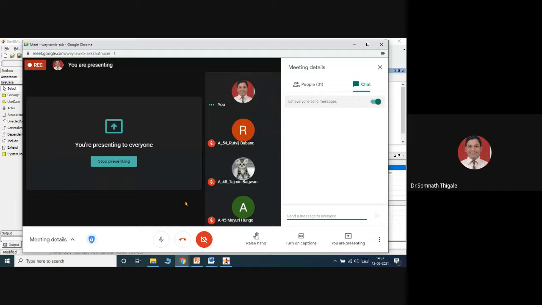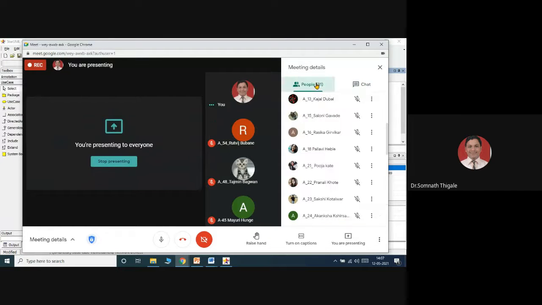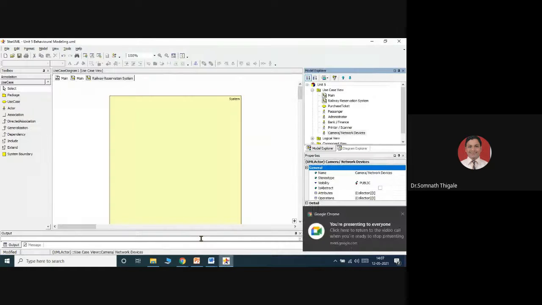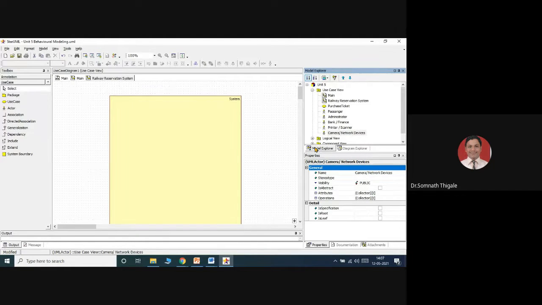Any doubt regarding the behavioral modeling? We have started to work with the first diagram called what? Use case diagram. Okay, Pooja. So we have just started to work with the use case diagram. आपण काय करतोय तर फर्स्ट डायग्राम आपण ड्रॉ करायचा प्रयत्न करतोय बिहेवियरल मॉडेल मध्ये. So inside this behavioral modeling, the first diagram that we are able to draw is called what?